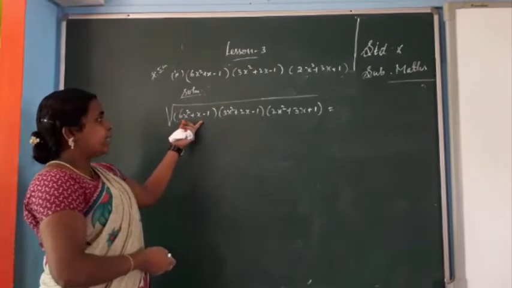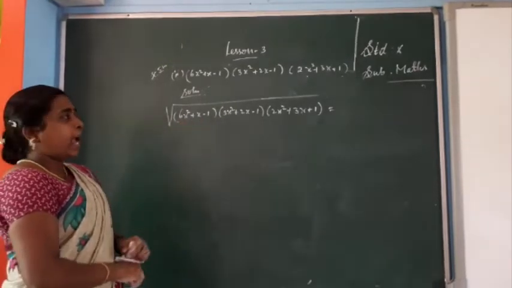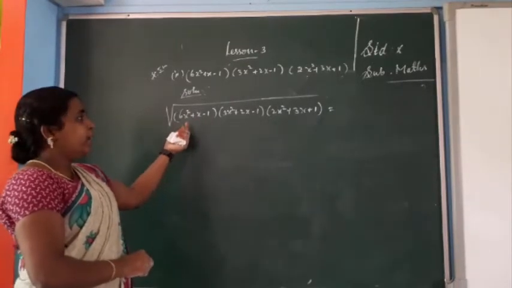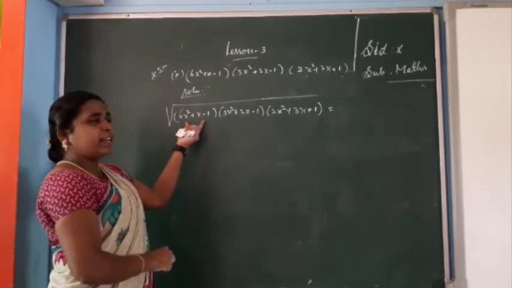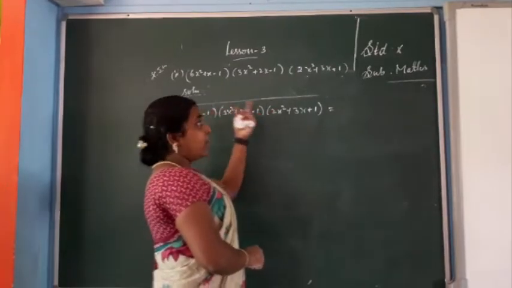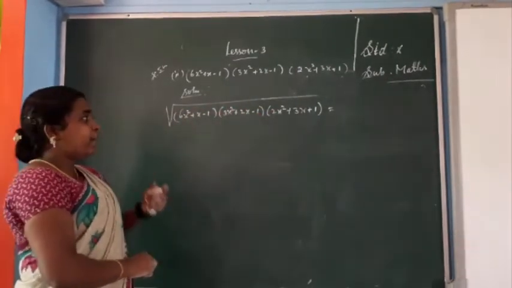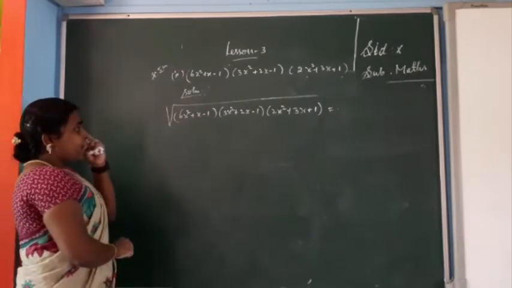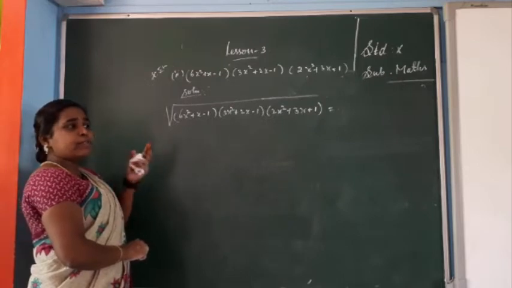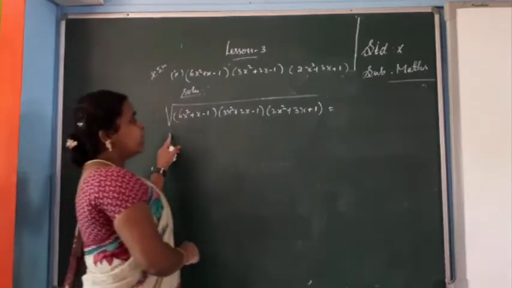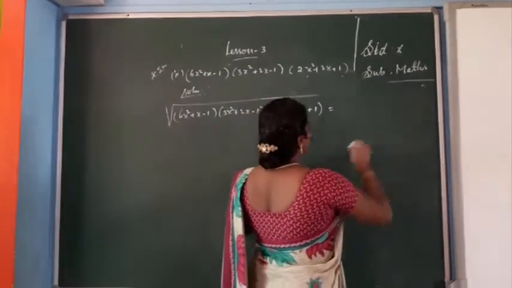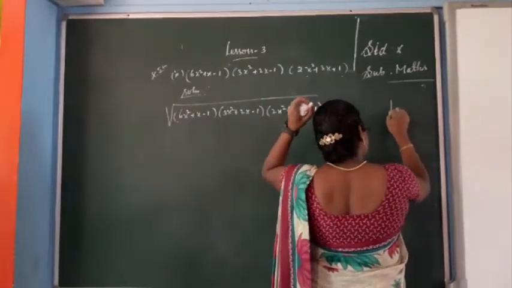Quadratic is there means you can use the I method and convert into linear factors. If we are factorizing, the first one you will get 2 factors, the next one also 2, again the third one also 2. Anyway, for the square root you will get the pair. So for the pair element, 2x plus 1 is there, and one more 2x plus 1, that means 2x plus 1 the whole square you get. So then only we can eliminate the square root. So first one I am going to factorize, so multiplication is the first one.